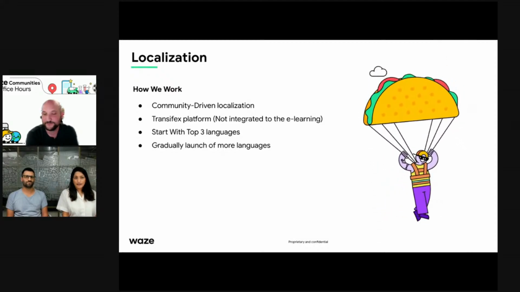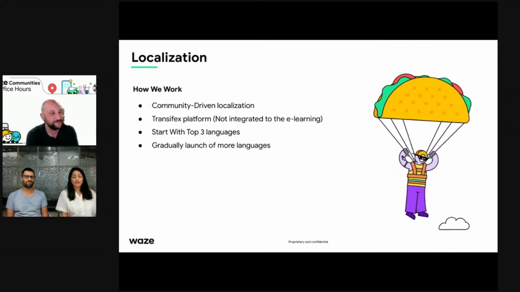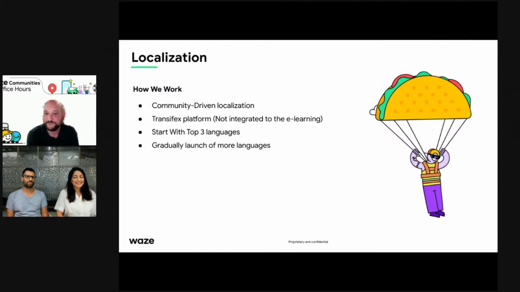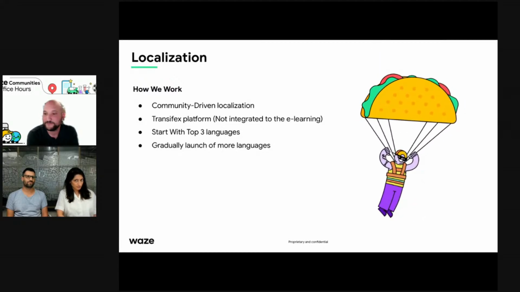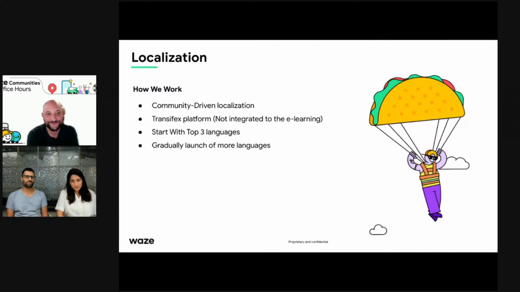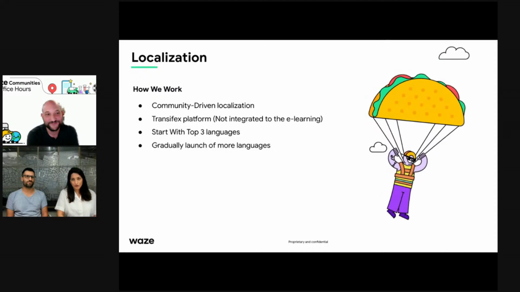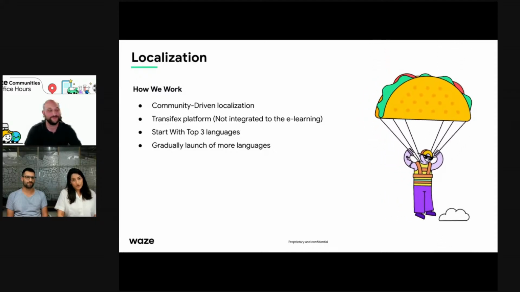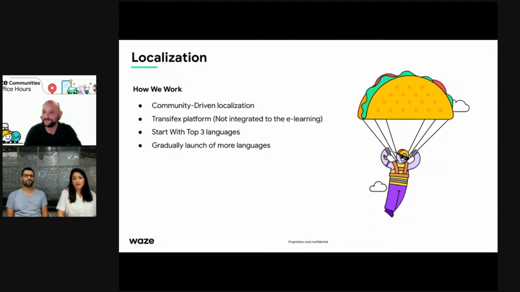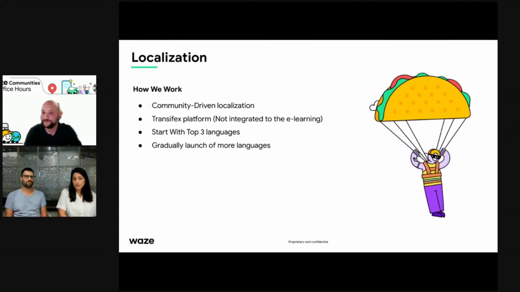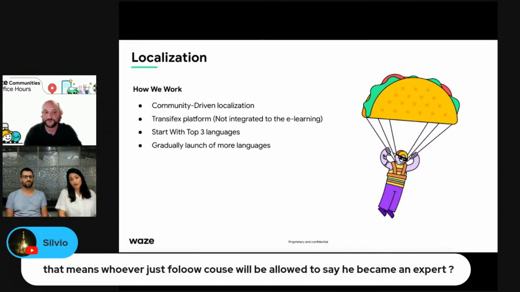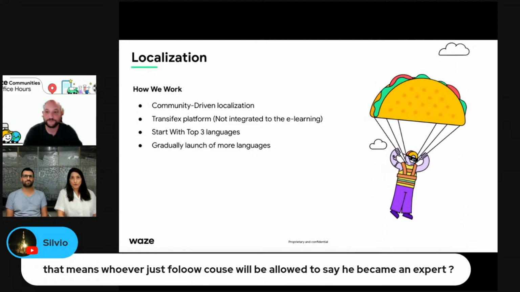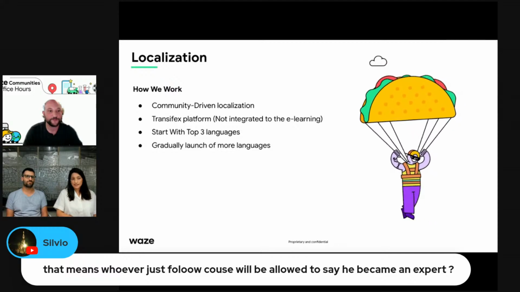Then you take the content and translate it into each language. From that point, we take the text, but unfortunately, it's not integrated with our e-learning platform. It means it's not plug and play. So there is a lot of manual work. We have an entire operation around this. Hence, it's going to take some time. So I just wanted to say that at the beginning, we'll launch the top 3 languages every time, so we can reach as big an audience as possible. But then gradually, as we go, we're going to launch more and more courses.